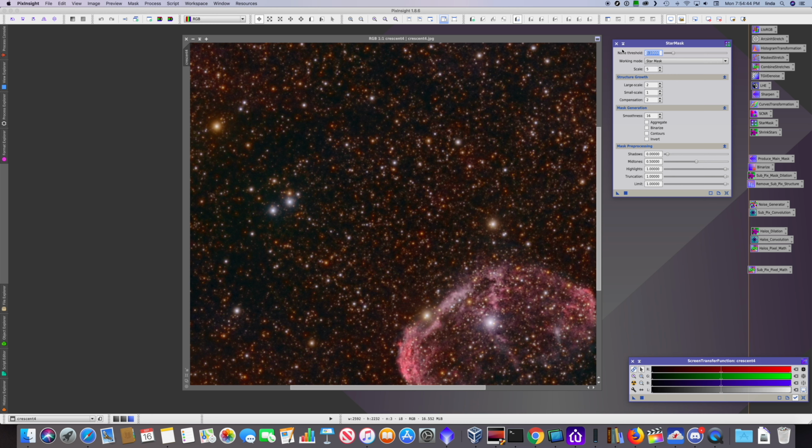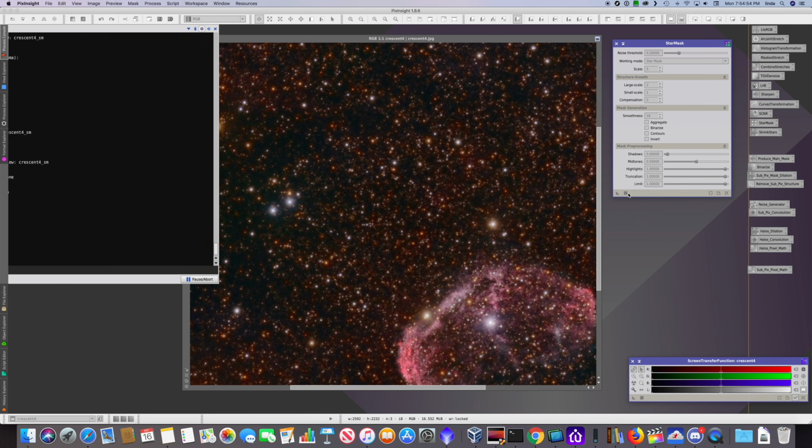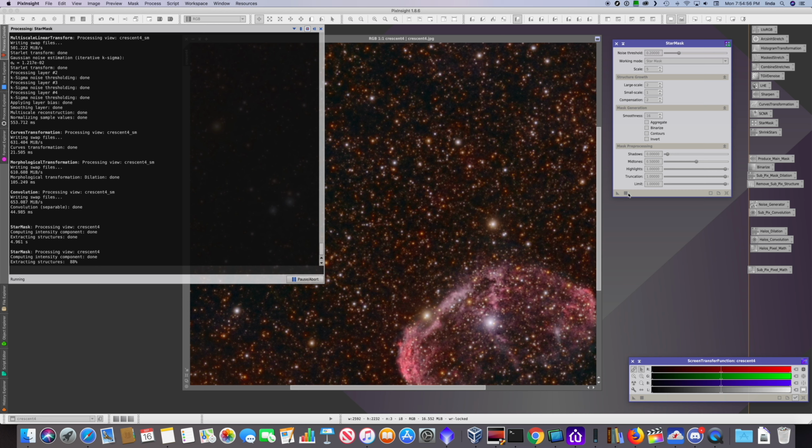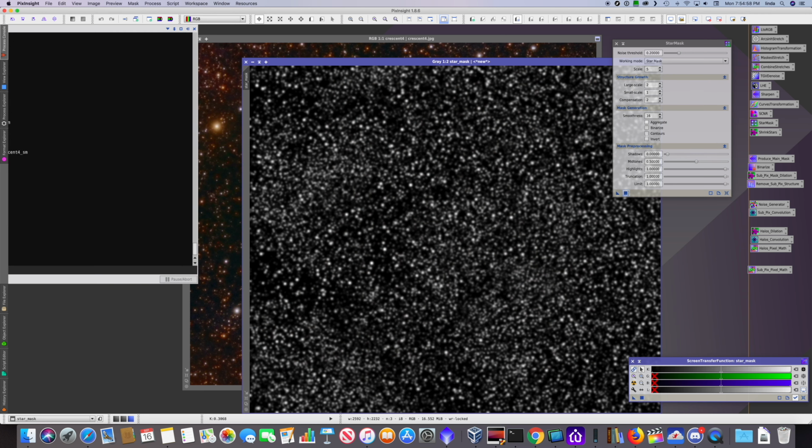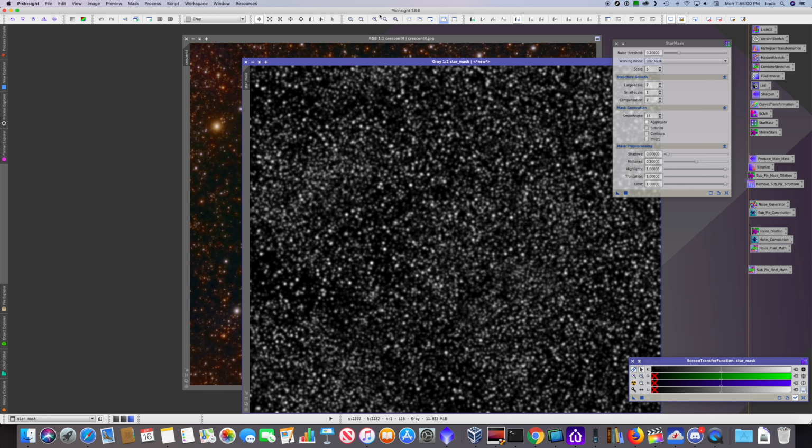So if we use 0.2 as our noise threshold, anything lower than 0.2 won't get selected as a star. That might clean things up a little bit. And it does. We have fewer stars. It's still a very busy star field, but